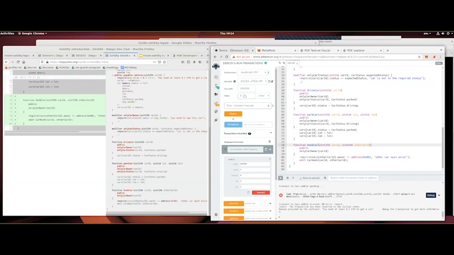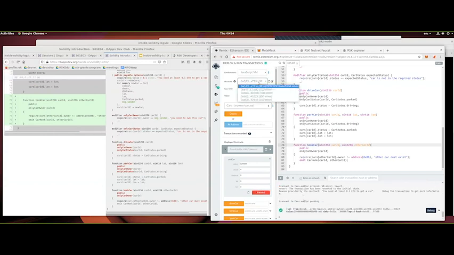Yeah, forgot. So let's call this 0.2 ether and press transact. Great. So now I'm going to use a different account from the one I was using previously. Select that, and this time I'm going to create a